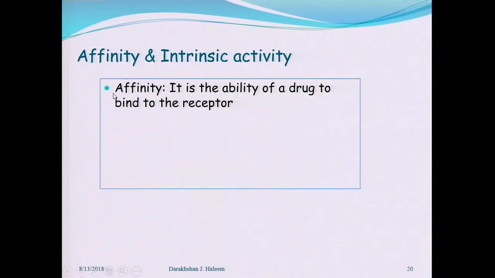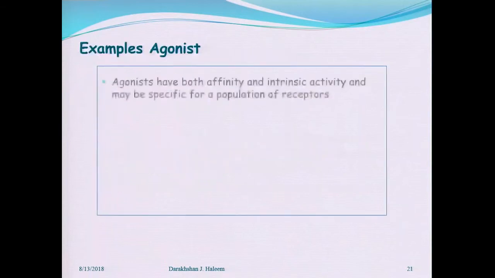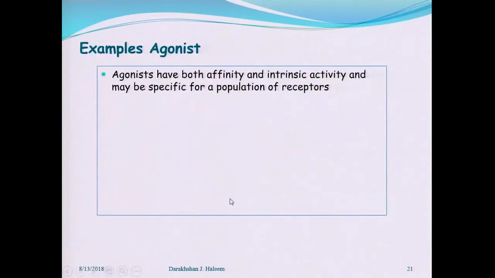So here you can just differentiate affinity and intrinsic activity. Affinity is the ability to bind with the receptor sites, and intrinsic activity is the ability to activate a receptor site. Agonists have both affinity and intrinsic activity and may be specific for a population of receptors. Agonists may be specific, means, for example, there are